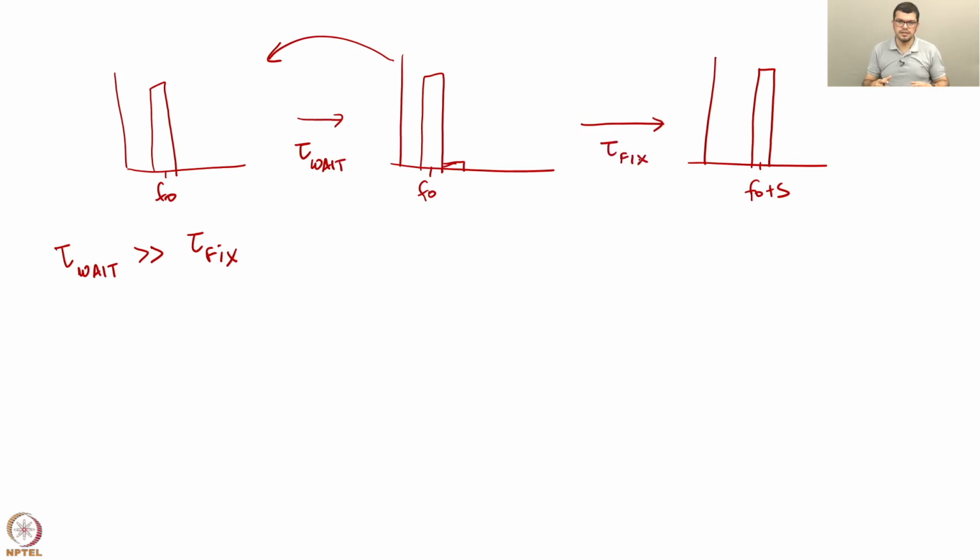shorter. As a result, when I take a snapshot of this picture, I am much more likely to find the system in this particular state as compared to where two genotypes are coexisting, where this is going to fixation and this is being eliminated, because this process happens relatively faster as compared to the occurrence of mutation. So, that is the first regime that we want to talk about, and that is sort of the snapshot of